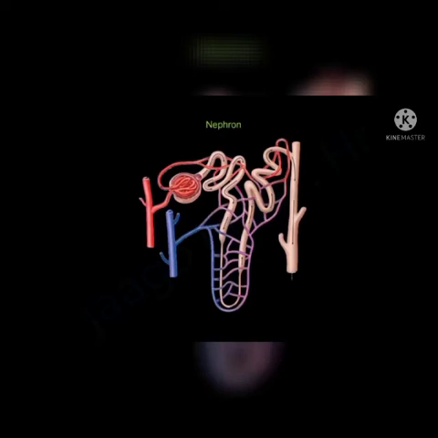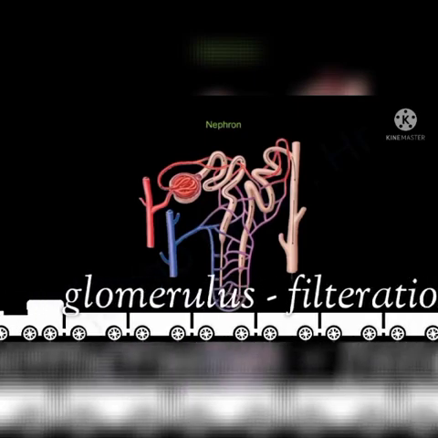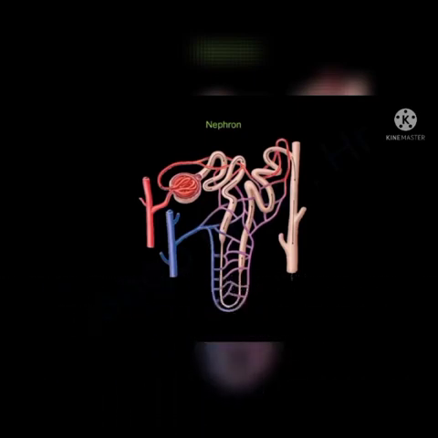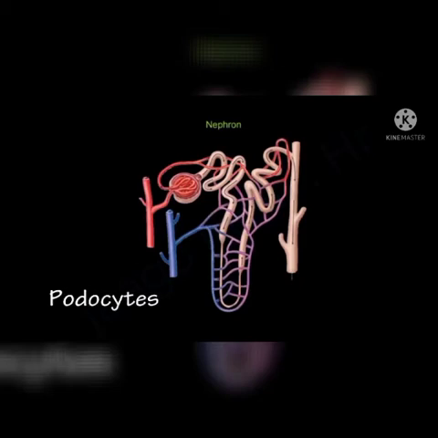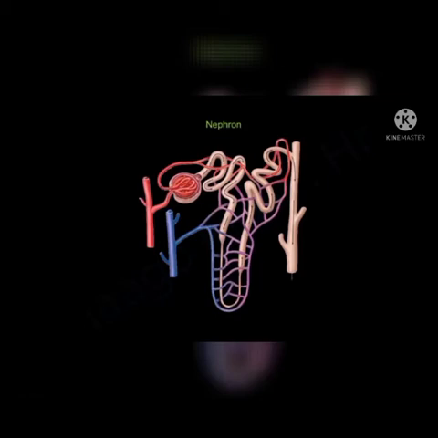Think why the diameter of the efferent arteriole is smaller than that of afferent arteriole. Because the narrower outlet efferent arteriole exerts pressure in the glomerulus. It functions as a filtration unit. Bowman's capsule, which accommodates the glomerulus, is lined by a single layer of squamous epithelial cells called podocyte cells. There are fine pores or holes between the podocyte cells which allows the passage of materials which are filtered out of glomerulus.